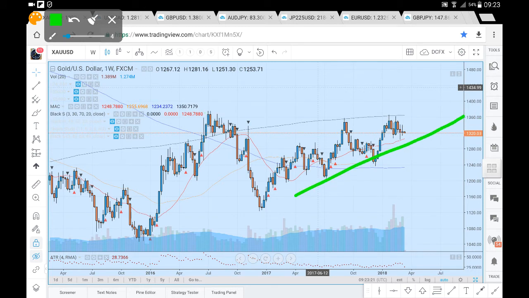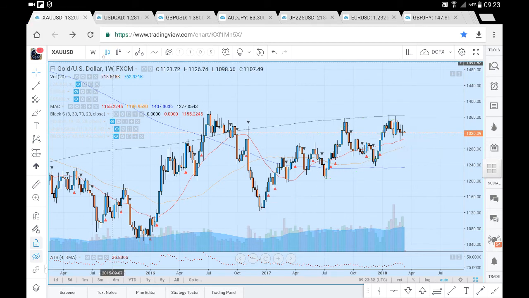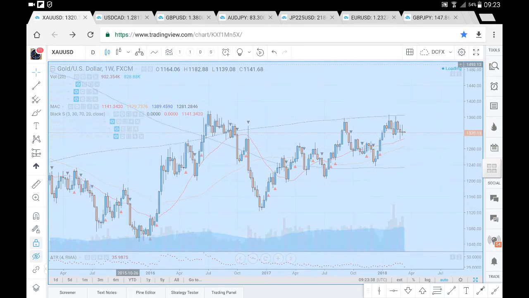So we'll see whether we do get that upside continuation, but the most recent trend does appear to be to the upside. If we could just draw a rough trend line here, as we can see, the series of higher lows, and we are going through a bit of a price contraction, squeezing around this 400 period moving average. And if we head over to the daily chart before wrapping up here,